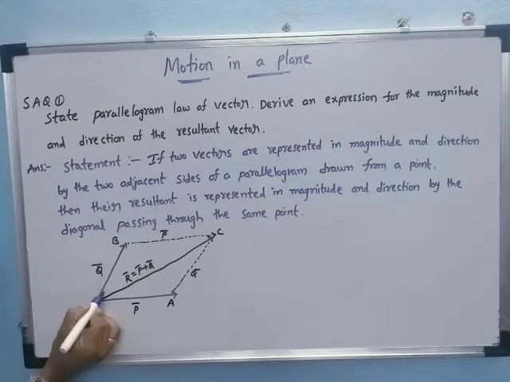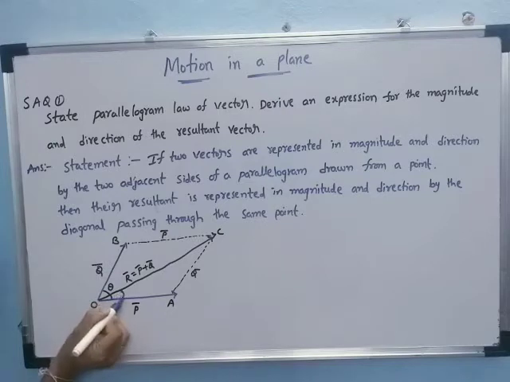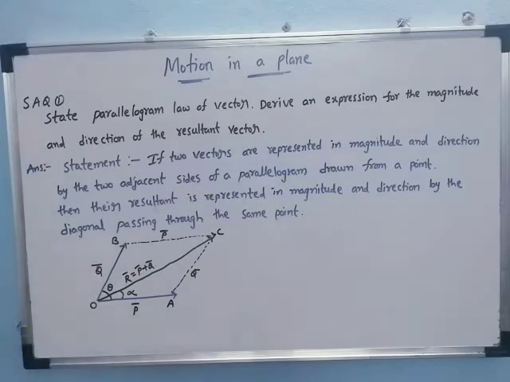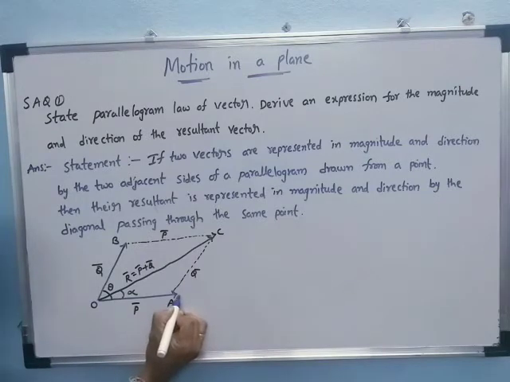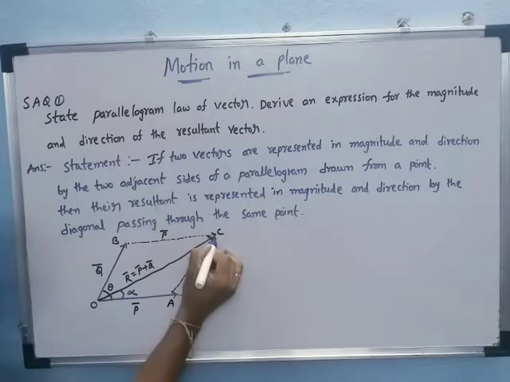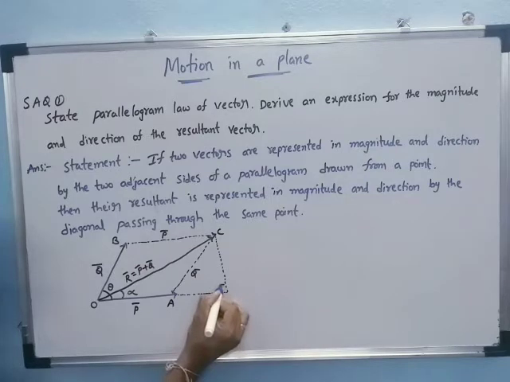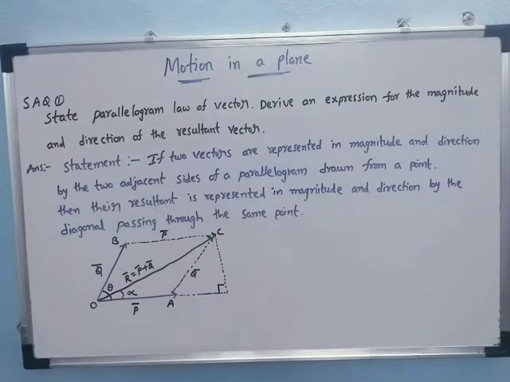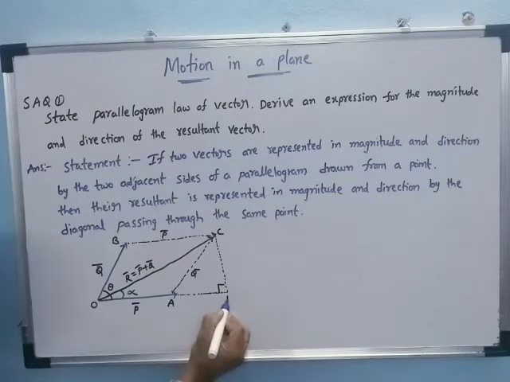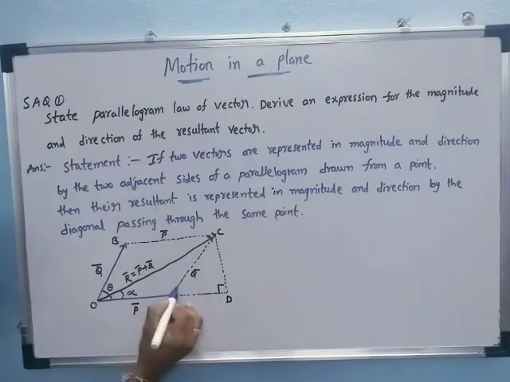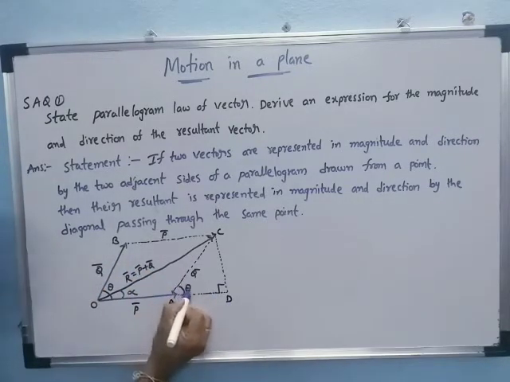Here, the angle between them is theta. The angle this resultant vector makes with the P bar vector is called the direction of the vector, denoted by alpha. Now the P bar vector can be extended in the forward direction, and the resultant can be extended in a downward direction. When the two meet perpendicular to each other, this point is the D point. Here the angle is theta.